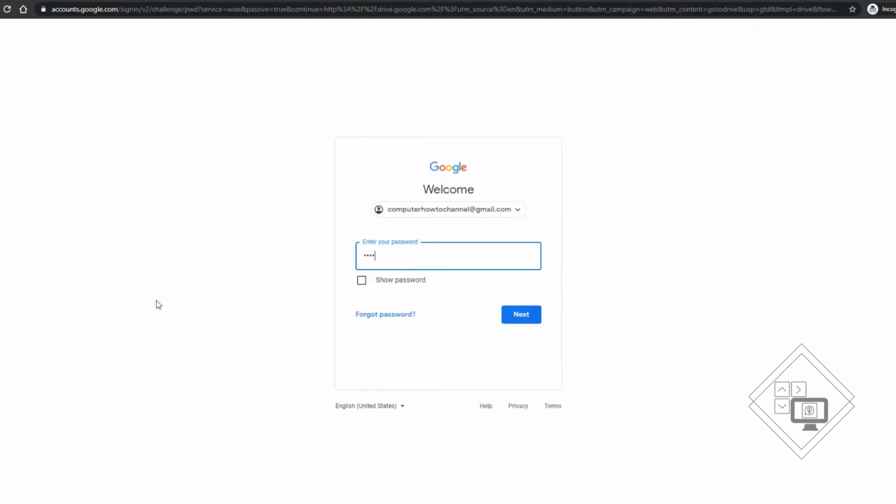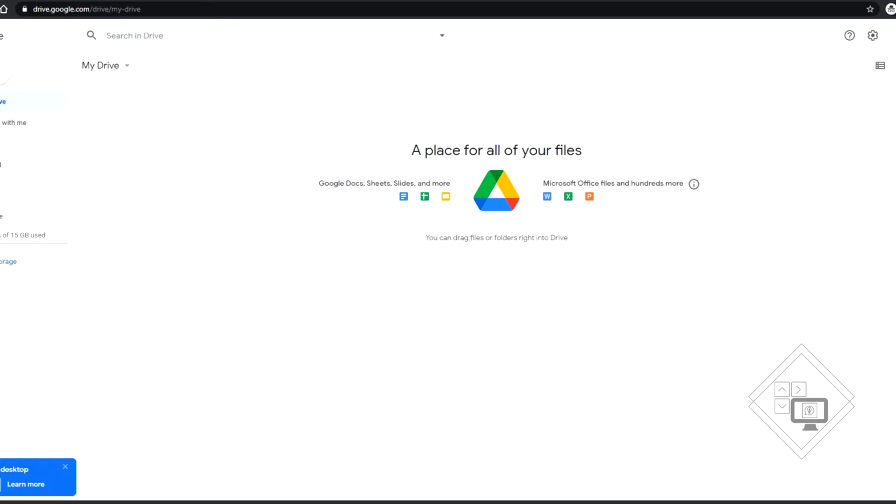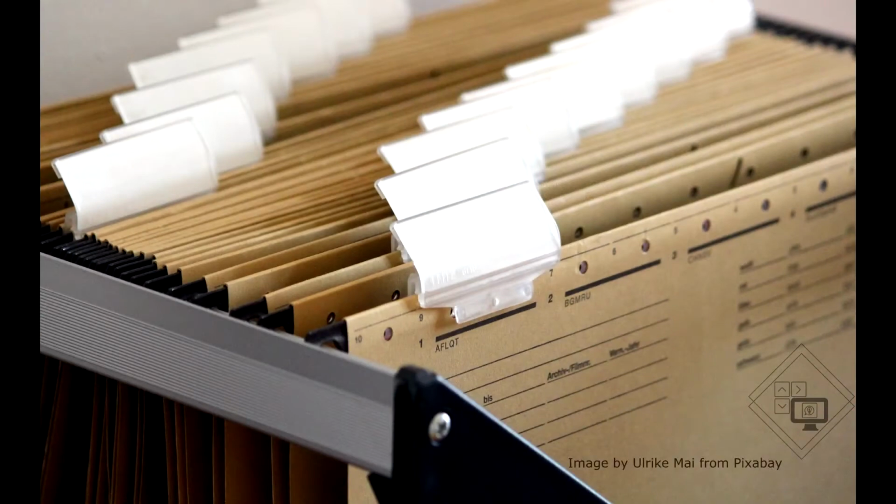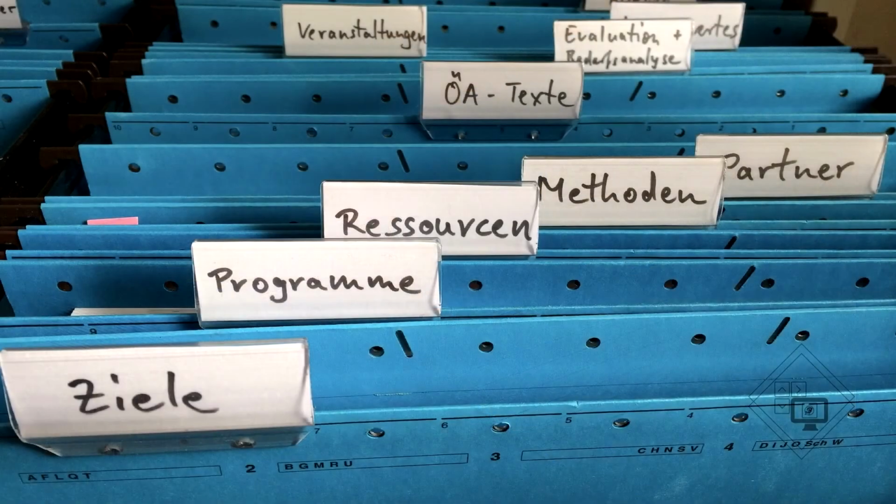Now with the Google Drive open, I'll show you some basics on how to organize your files and folders on Google Drive. Think of Google Drive as your file cabinet at home or work. The only difference is printed documents, statements, receipts and other items are placed inside folders, which are organized by handwritten or printed labels. When you pull the drawer open on a file cabinet, there are folders labeled by categories along with documents inside each one.